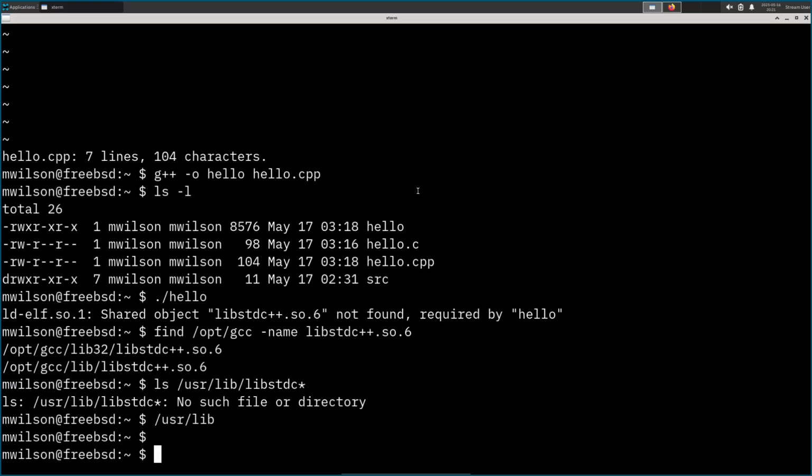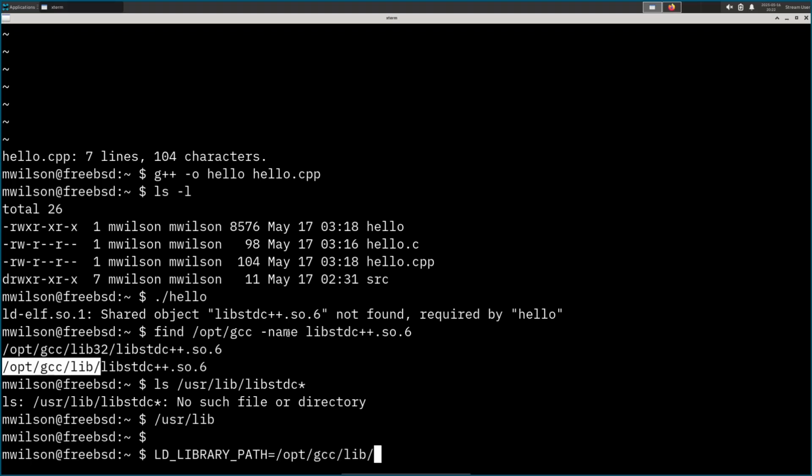So with that background, how do we fix this? What do we do about this? Well, the FreeBSD runtime linker is very similar to the Linux and Solaris runtime linker. As you move to some other Unixes, things get a little different. I'm thinking AIX, but it's very similar. So what you would do on Linux a lot of the time, if you're just trying to get this to work, is you would set your LD_LIBRARY_PATH environment variable